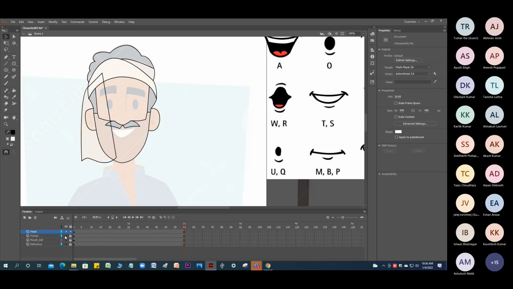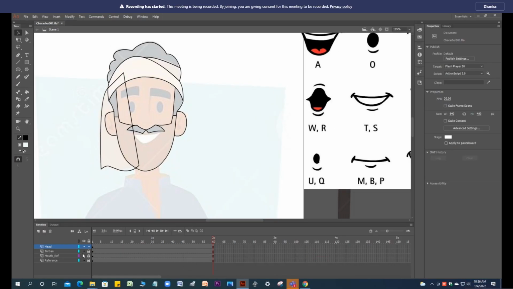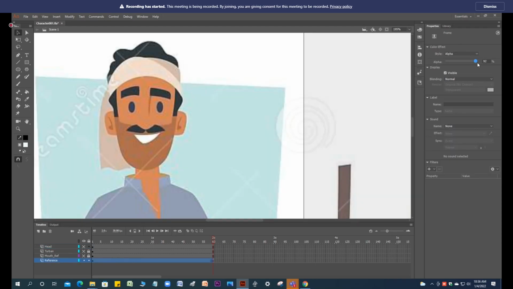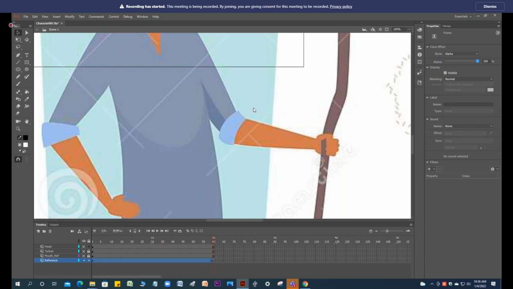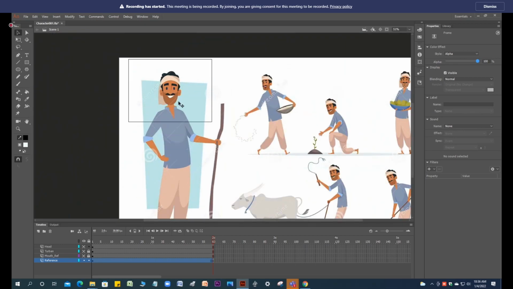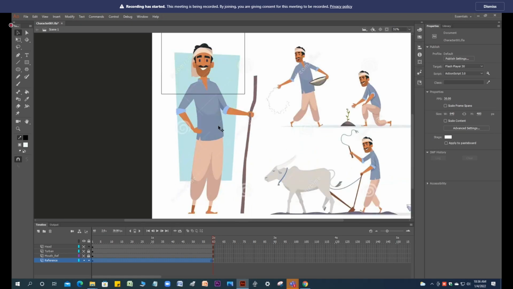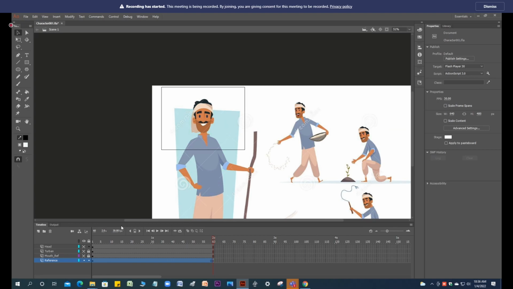wherever there's a separate animation, you have to keep those elements in a separate layer, right? So if I look at this image and unlock this one, this is the image which I have shared with you, right? So you have to trace out the head only for lip syncing, but at the same time, in the coming class, it would be better if you already trace out the body part also, so we can directly jump into animation rather than wasting time tracing inside the class. So this is the reference,